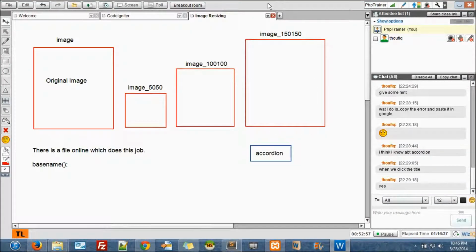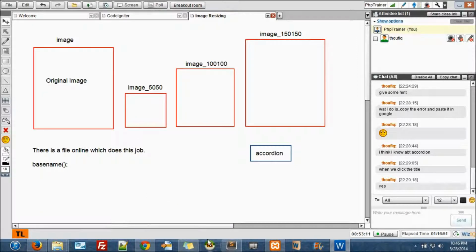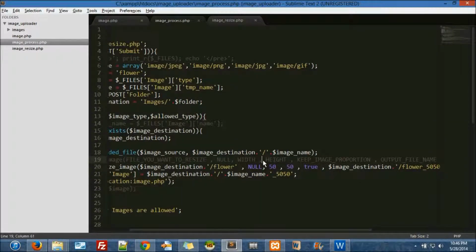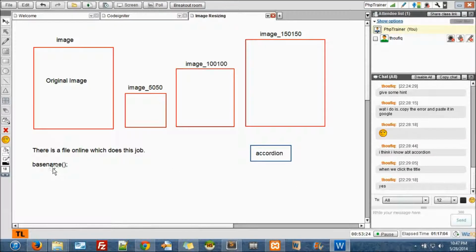So what do you think about image resize now? It's pretty much simple. Most of the people struggle at that part. So it's as simple as that. Every time keep that file with you, the file I uploaded today. It will be useful. Okay, so any time if you have to use image resizing, just use that.